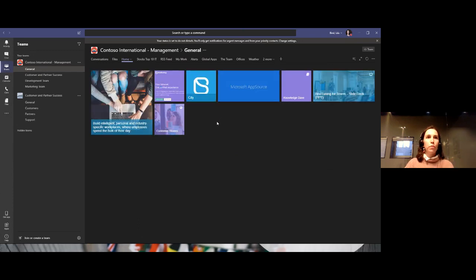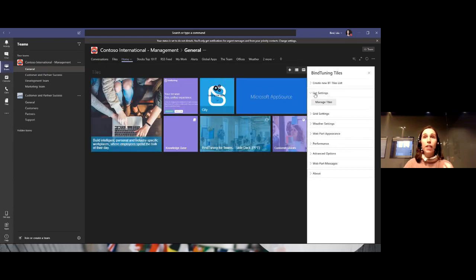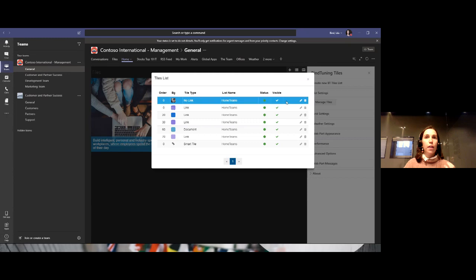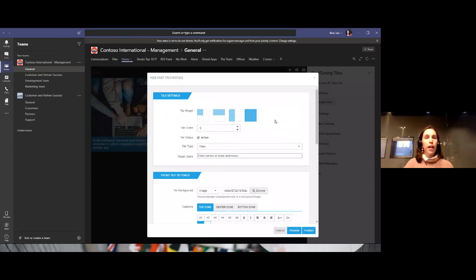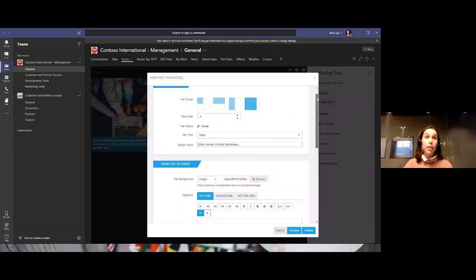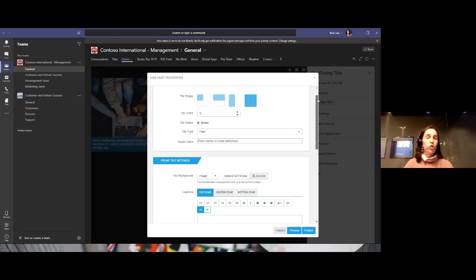So the Home tab, which was configured by Alex, has this beautiful and interactive and almost branded Home tab inside this general channel. It was built with an inspiring purpose, so the mission is clearly labeled here, and it uses the BindTuning tiles that are easily configured by someone like Alex from the marketing team. All BindTuning apps for Teams are configured with a similar interface that allows power users to pick, in this case, tile shape, but in all cases,